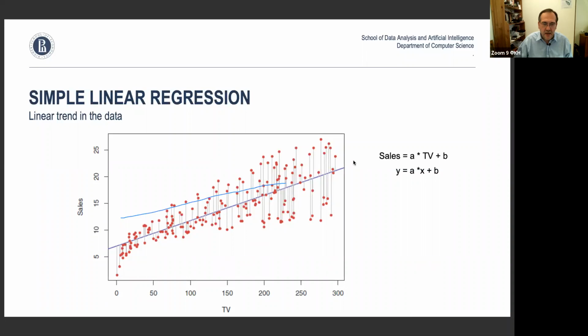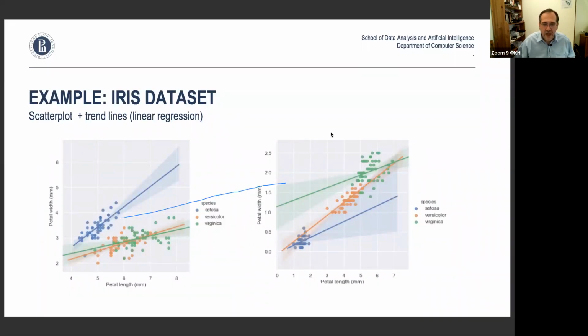So we can actually use this on our iris data set. Let me clear all the drawings. We can use this on the iris data set, and then you're going to see that for different species, you have slightly different angles, right? So this is going to be described by this line, and this is going to be described by those lines. All right. Now, what you see here is actually a spread, or the confidence interval. We're going to talk about them more in the lecture on regression, and where they come from.